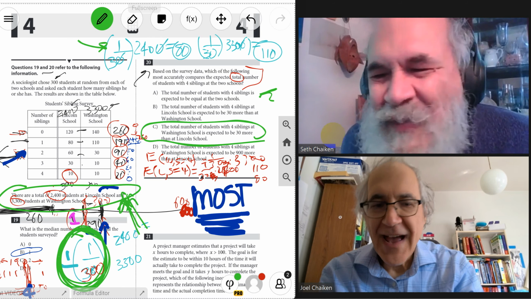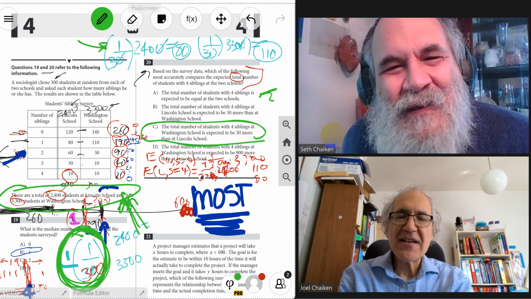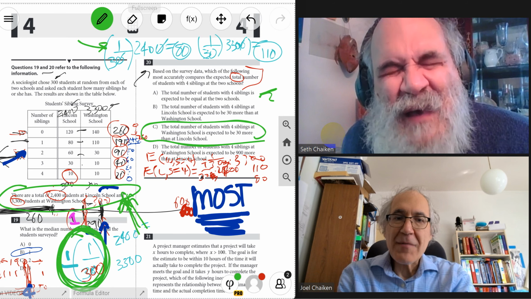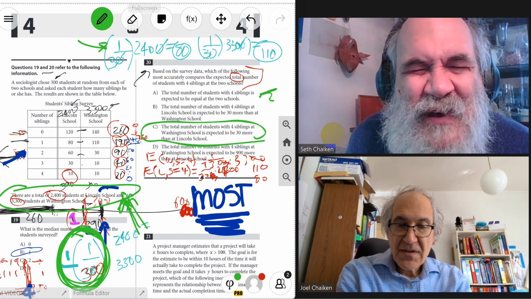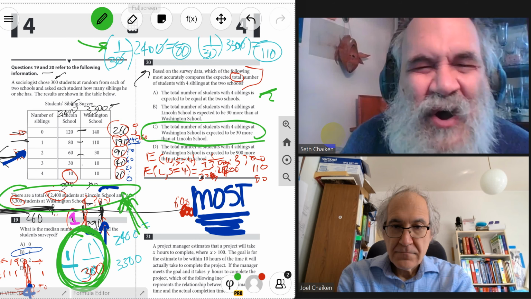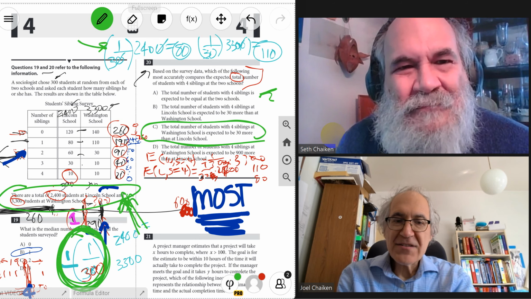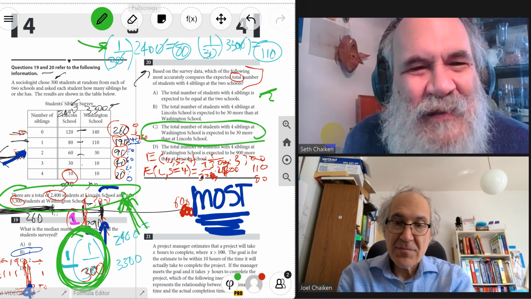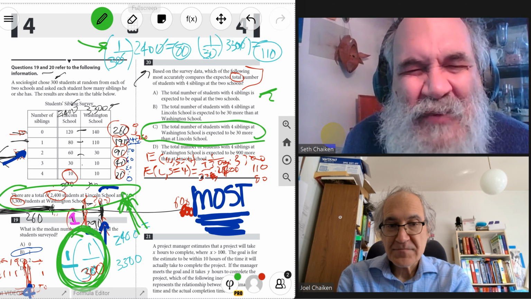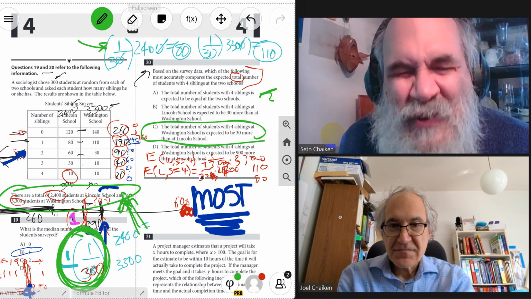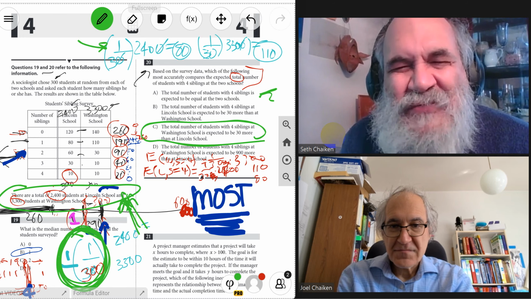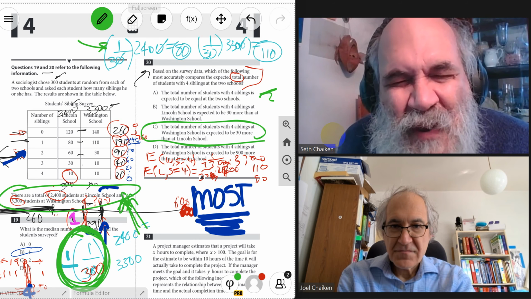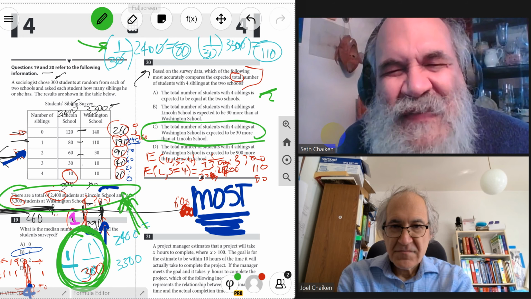I don't know. The way I read it, you saw the way I misread it. I misread it as comparing the probability, and that's what the particular statements are about. So I answered by comparing the probability of one school to the other, but that's not what they were asking. They're not asking the total number. They're saying they will ask about the expected total number, and then the statements are not about the total number in the 2 schools, but about the number with 4 siblings at each school, and then to compare those numbers.